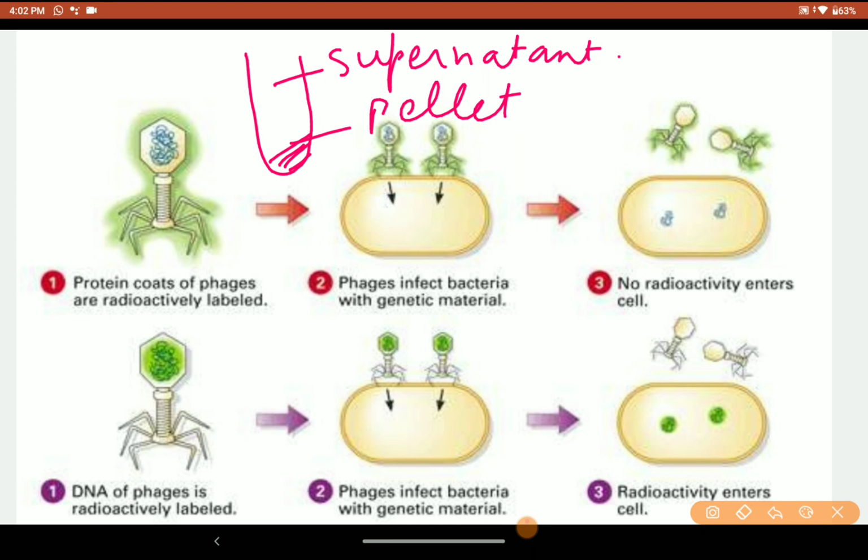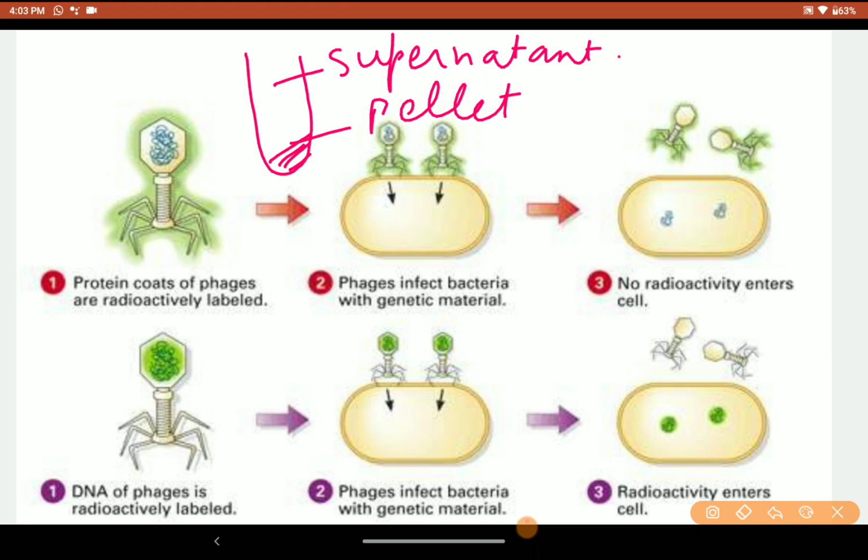Okay, now let us again discuss the definitions. Whenever the DNA is transferred from the viruses to the organism, indirectly the genetic material is passing from the viruses to the bacteria, and this indirect passing of the genetic information through the viruses is called transduction. What do we call this? Transduction.